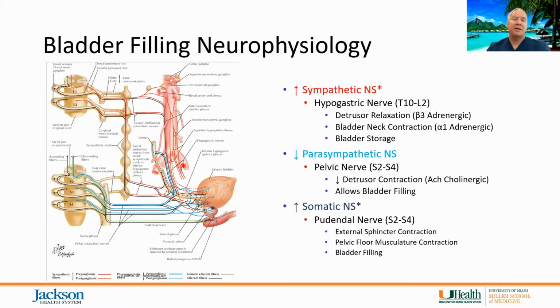So now, as we go through this, we'll keep sympathetic nervous system activity in red. And so as we look through this, again, looking at the hypogastric nerve, T10 through L2, sympathetic nervous system activity when we are filling the bladder is on, and so we see it increased, and we have relative bladder storage. During this time of bladder filling, the parasympathetic nervous system influences are markedly reduced, and so along the pelvic nerve, you have relatively few parasympathetic